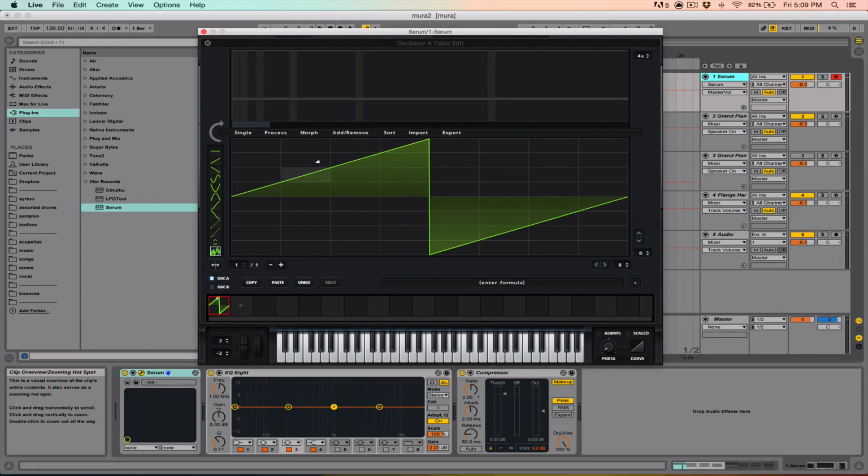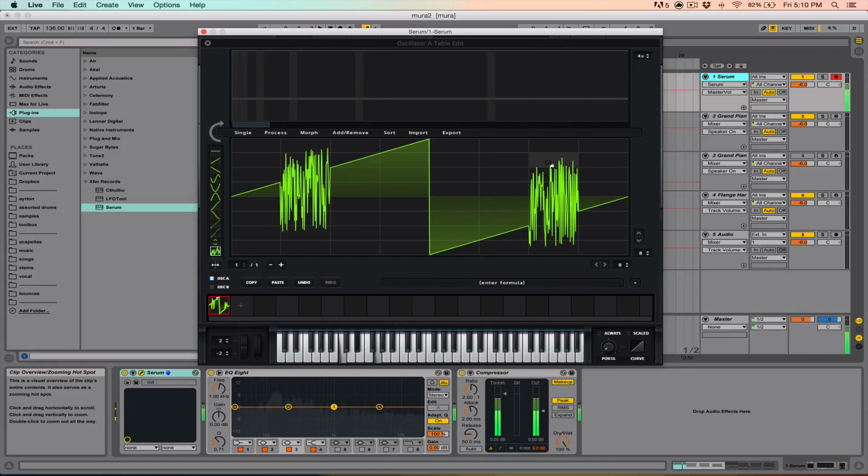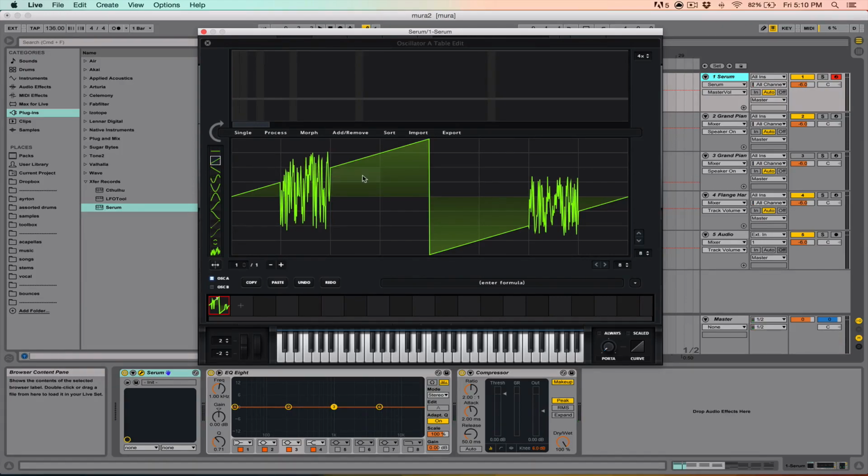And how I found the technique I found to work for that is to add a lot of harmonics just randomly, or in certain places on the wave, and you immediately get a more crisp sound. And I mean, there's no exact way to do this kind of stuff,